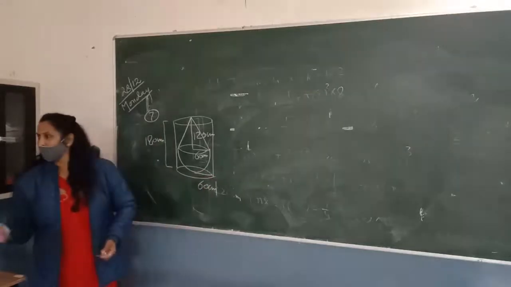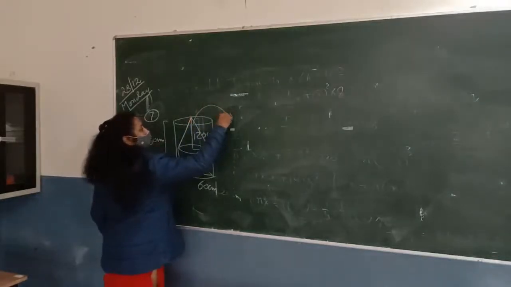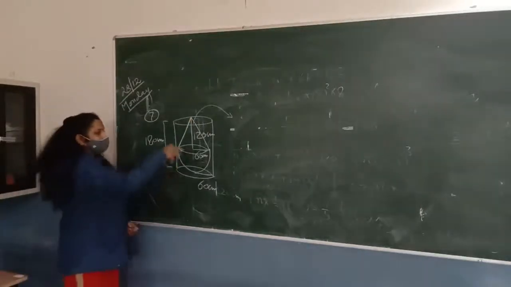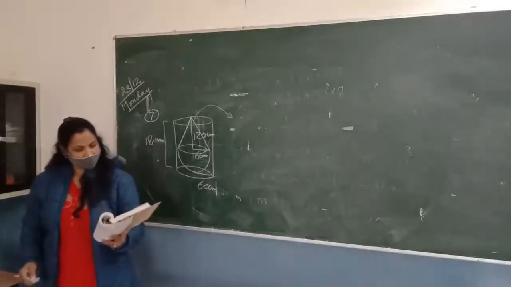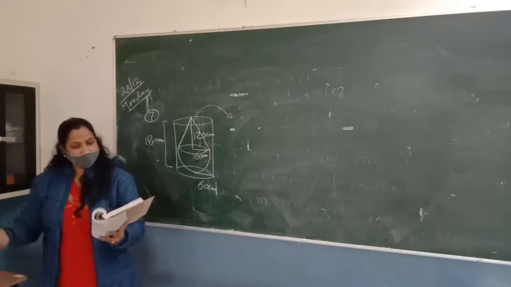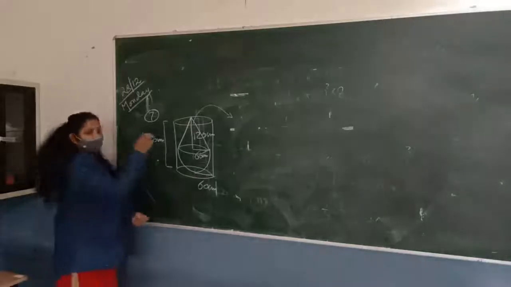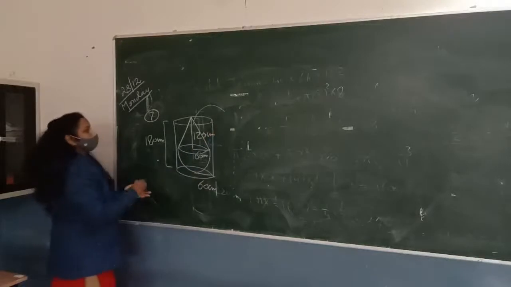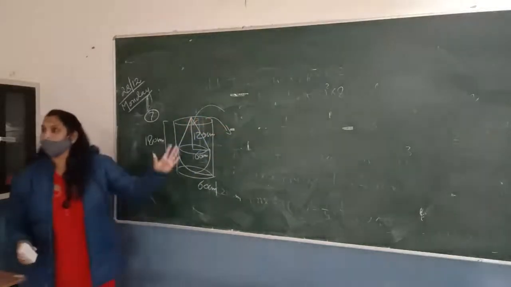What was the last line? Find the volume of the water left in the cylinder if the radius of the cylinder is 60 and height is 180. Okay. It's full of water. अब इसके अंदर इसको डाला है. आपको पता है इसके अंदर पानी भरा हुआ था और आपने इसके अंदर ये ऑब्जेक्ट डाल दिया. तो पानी बाहर आ गया होगा, है ना? आपको पता है क्या ना कितना पानी इसके अंदर बचा.